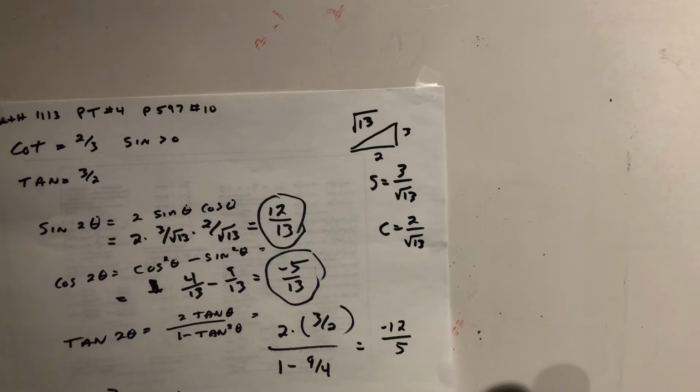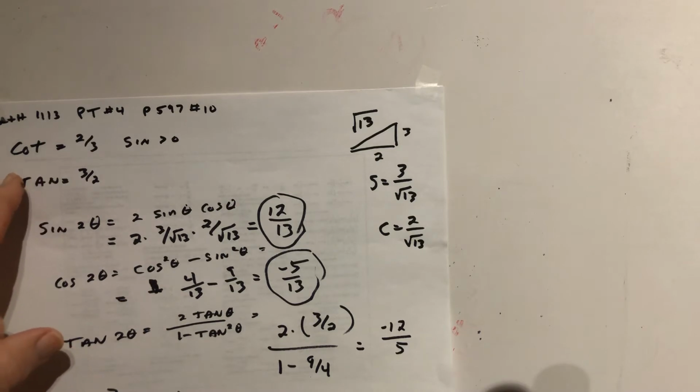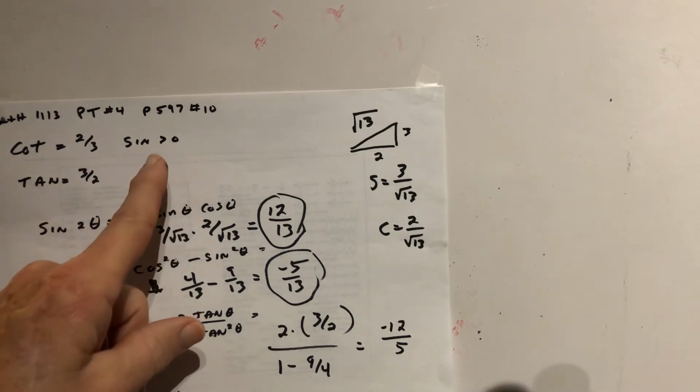Practice test number 4, page 597, number 10. I did this before, but the quality wasn't very good, so I'm doing it over again. They tell you the cotangent is 2/3, and that the sine is bigger than 0, meaning sine is positive, which means it's